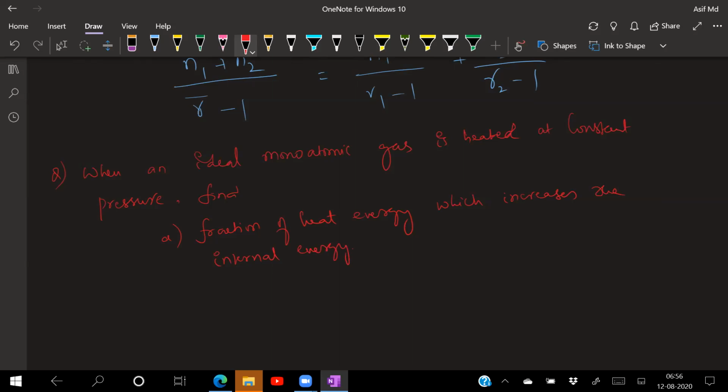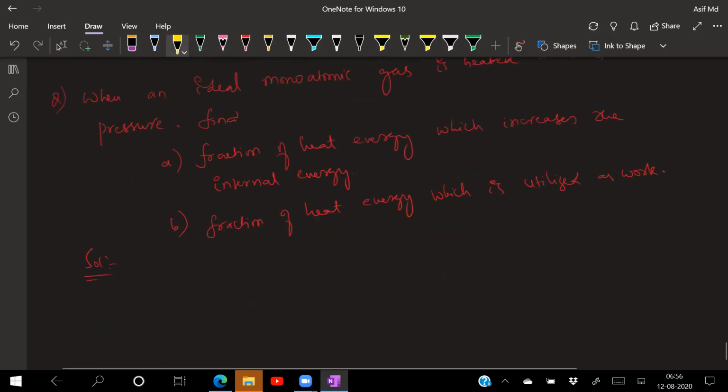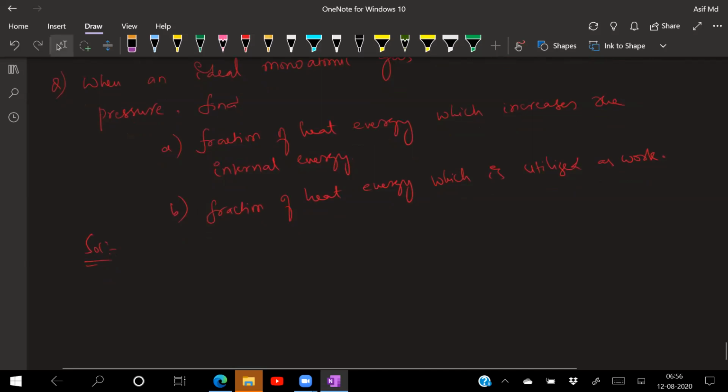Next one is fraction of heat energy which is utilized as work. So when an ideal monoatomic gas is heated at constant pressure, find the fraction of heat energy which increases the